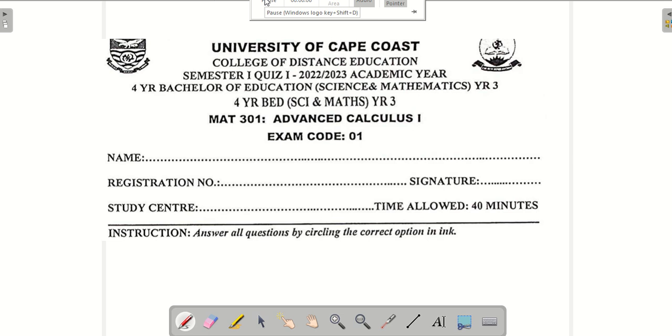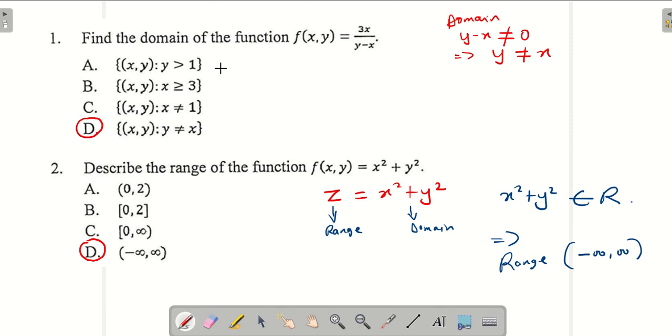I want us to solve this past question, Advanced Calculus 1, Quiz 1, 2023. So let's start with the first example. The first question: find the domain of the function f of x, y equal to this. Now when we say domain,